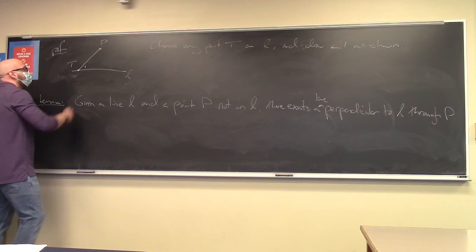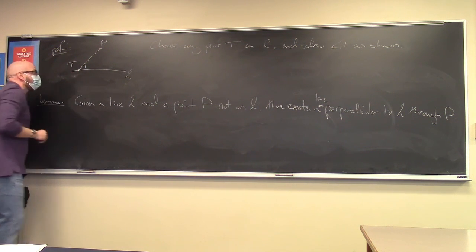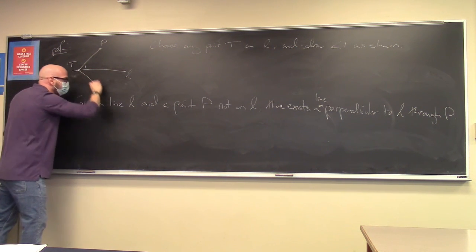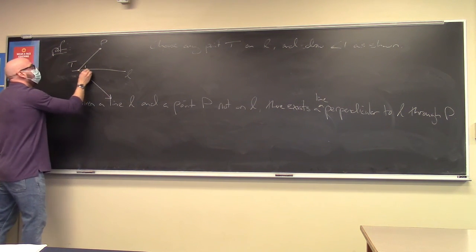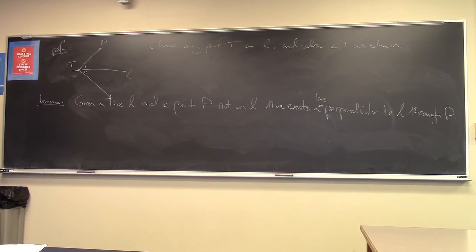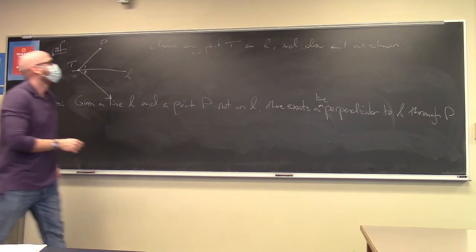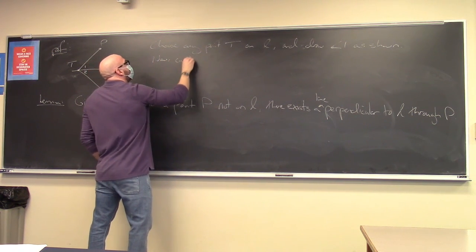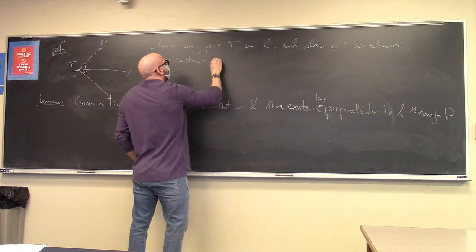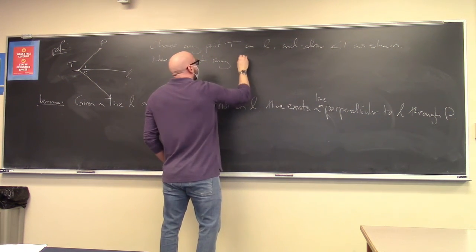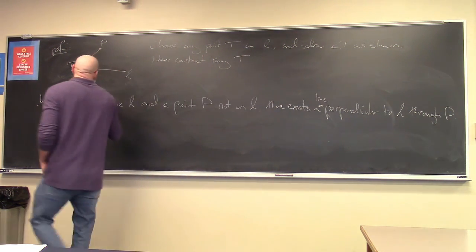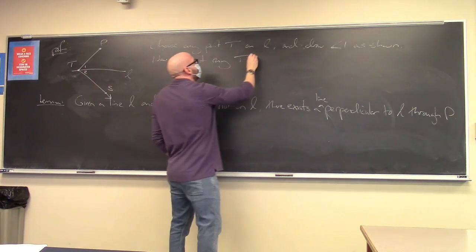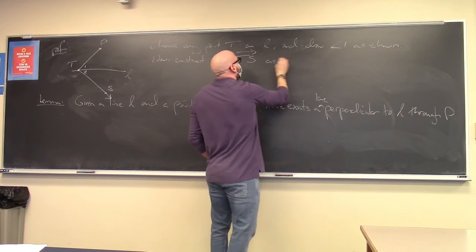Now here's what I can do. Now the ray construction postulate comes in. Ray construction postulate says I can build a ray in this direction with that same angle. Any angle that I want. Okay, so now construct ray T, I'm going to put a point on this, TS. TS, as shown,